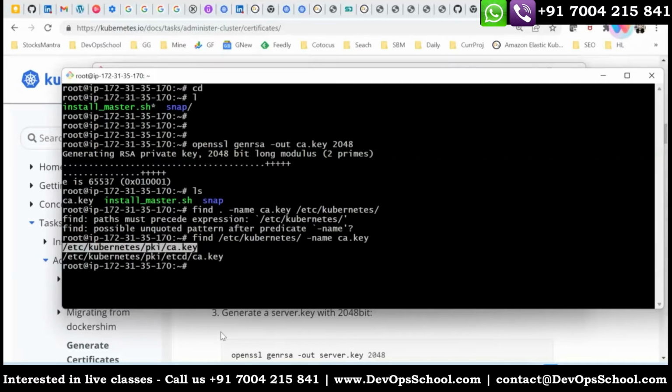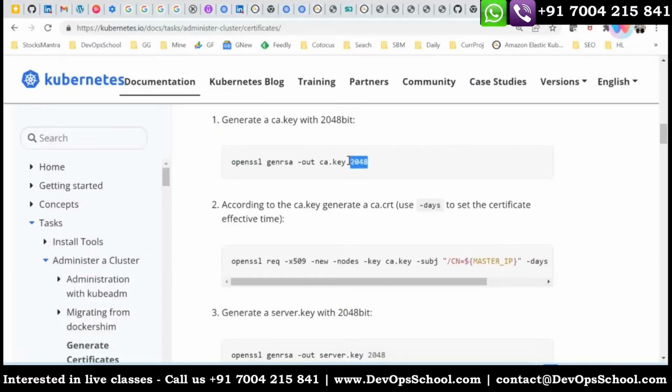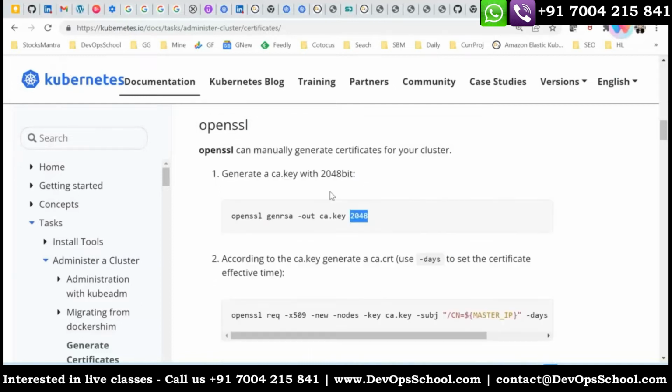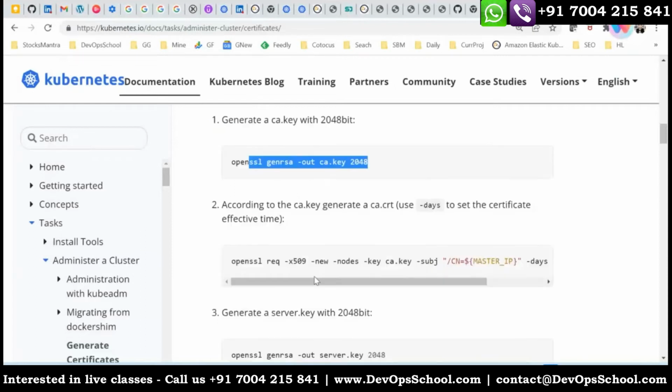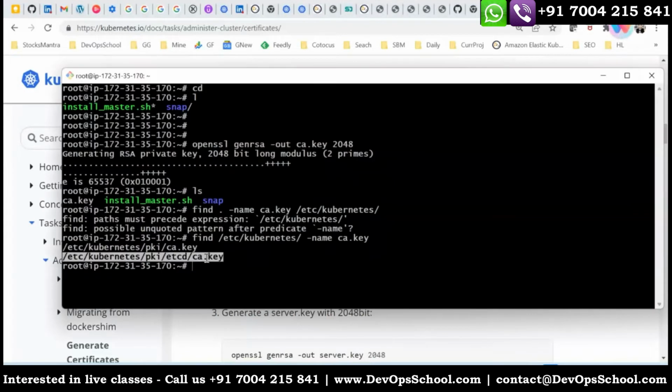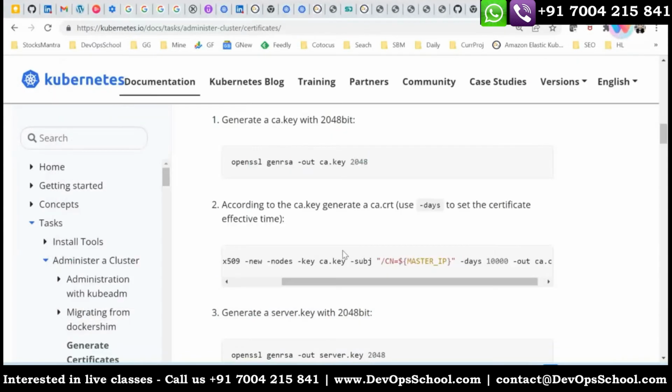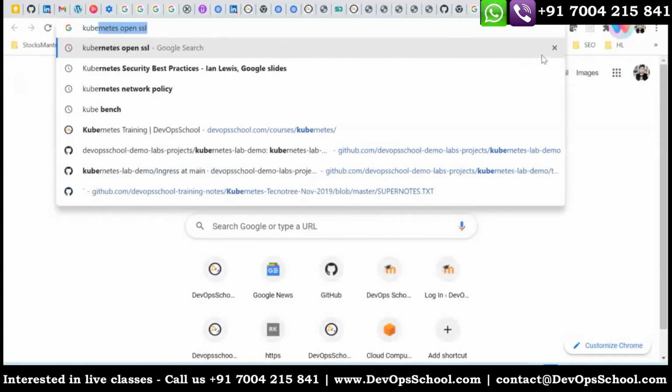So you created this file. What is this? 2048, this is the bit size actually. So you generated this CA file. After that, you would generate a CSR, or rather a CRT file, not a CSR. CSR is not needed because you are the CA. Which algorithm is being used? This is the X509 algorithm. If you remember, in Kubernetes authentication,